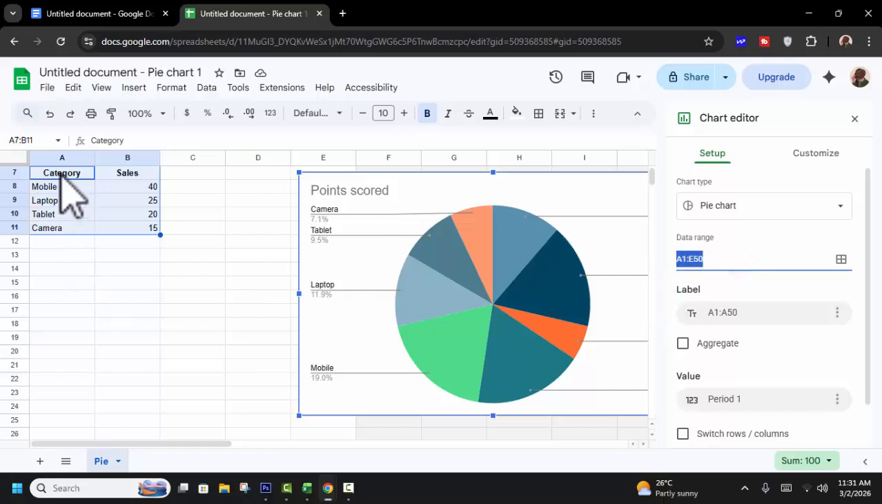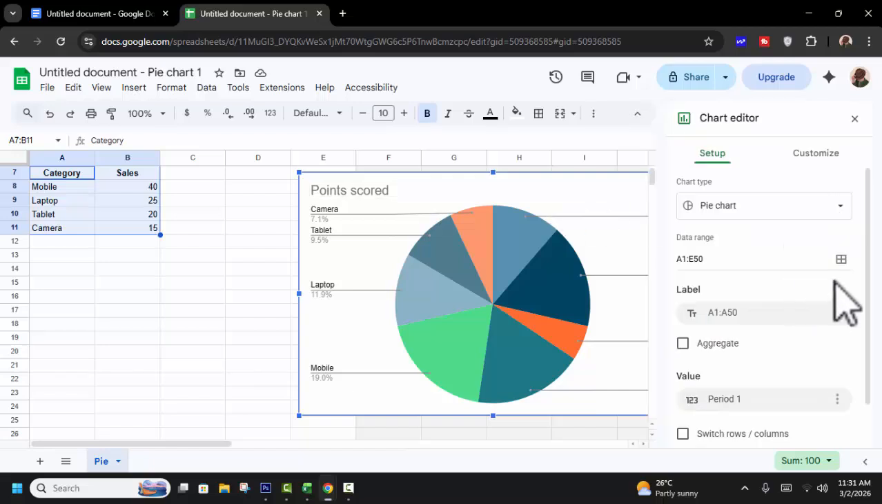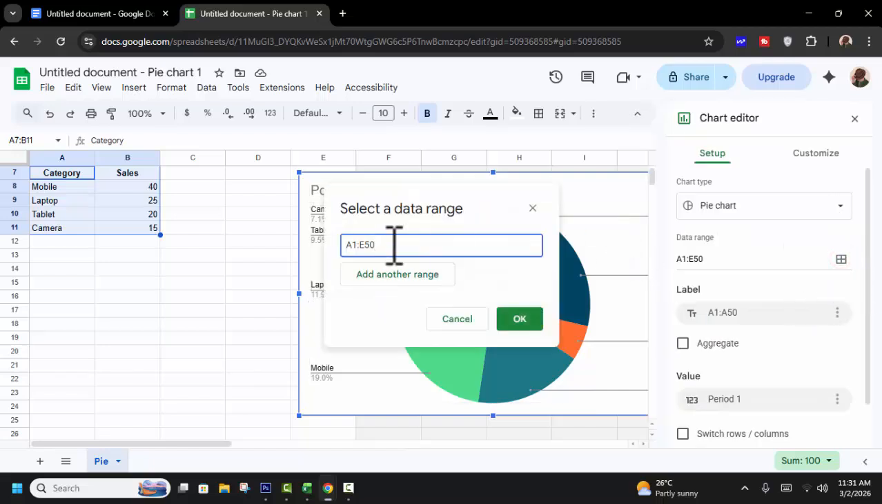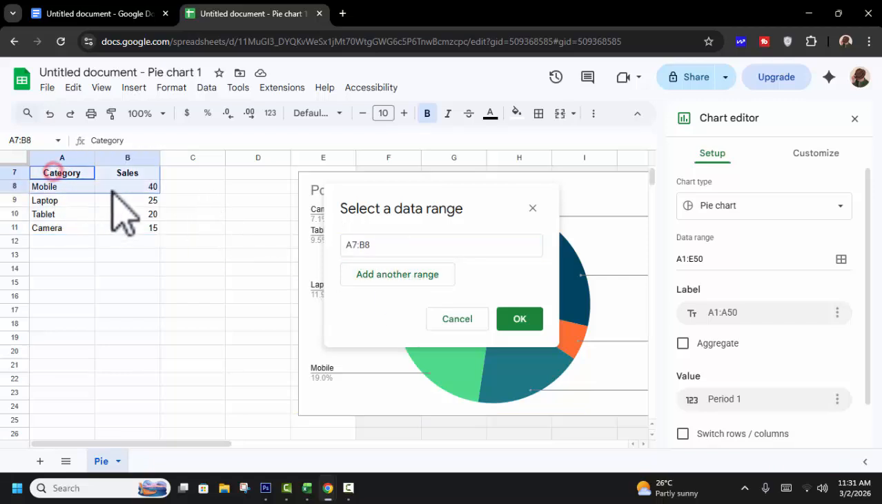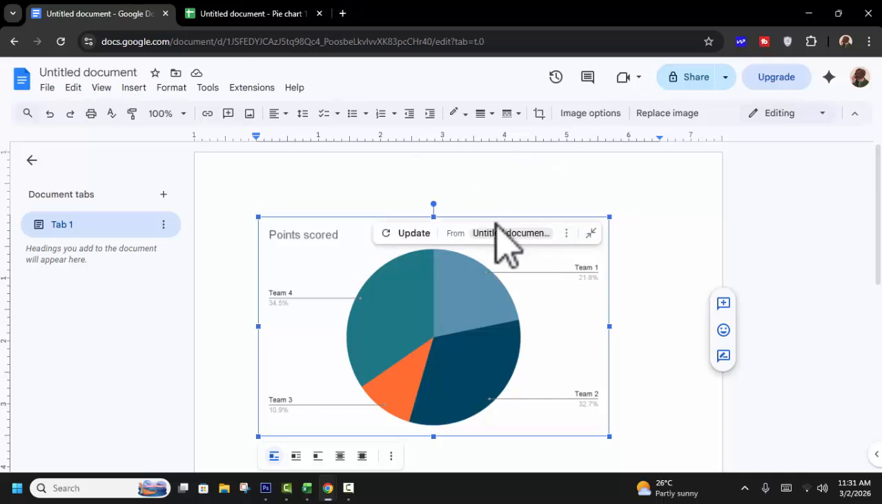data range, okay, or add a new data range, click again, add another range, then update,